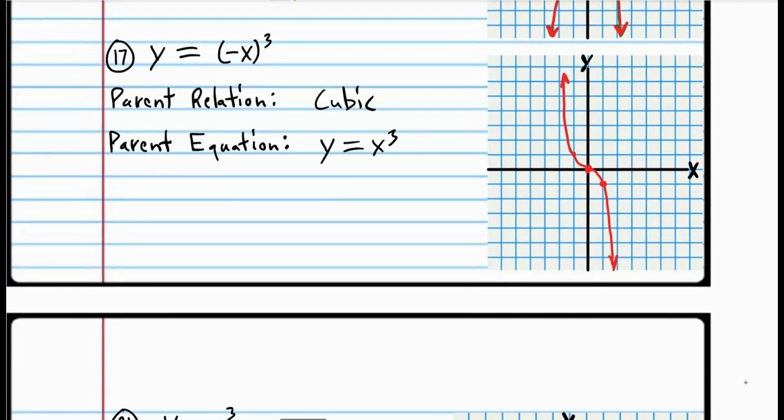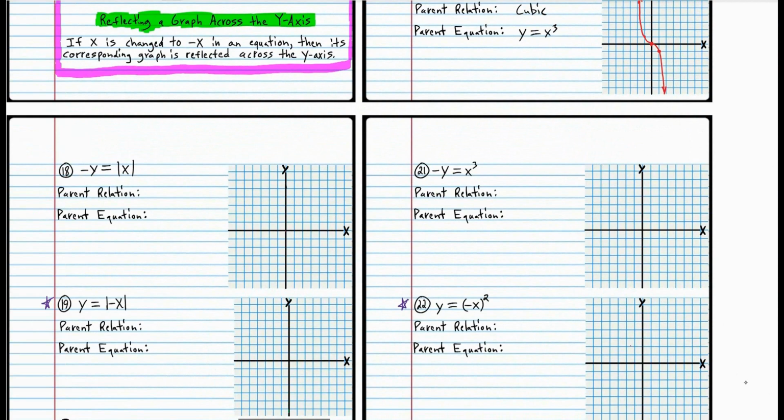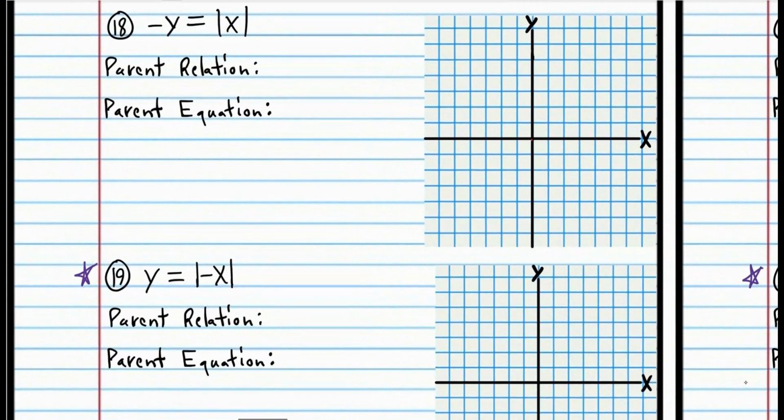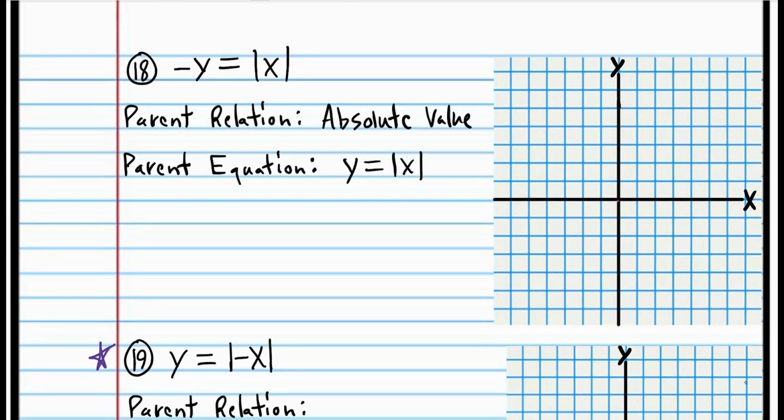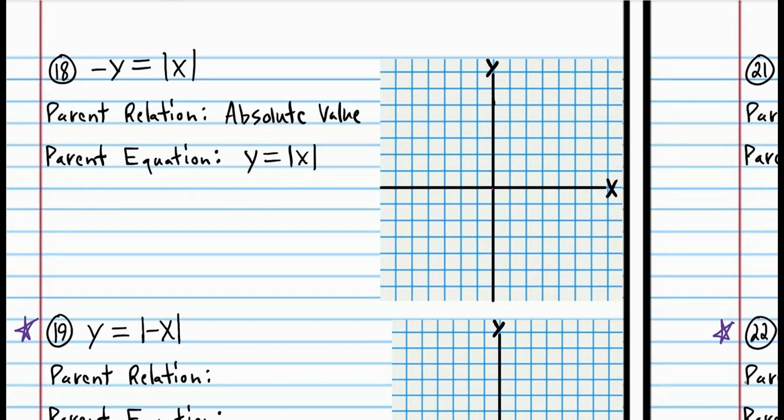Okay, so let's go on to number 18. Let's try a couple more of these before you try one on your own. The parent relation is obviously the absolute value relation. And the parent equation is y equals the absolute value of x. But now instead of y, we have negative y. So your basic equation looks like this, but because you're adding a negative on the y, we're going to reflect across the x-axis. That means we're going to throw each one of these points across the x-axis,